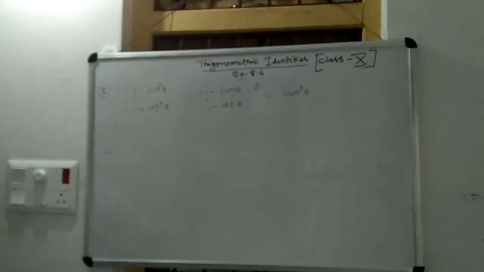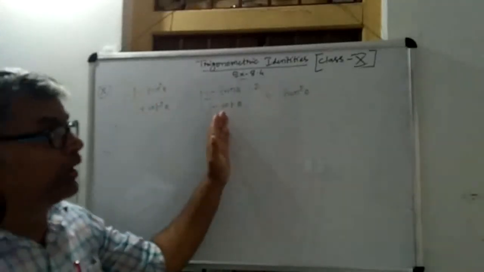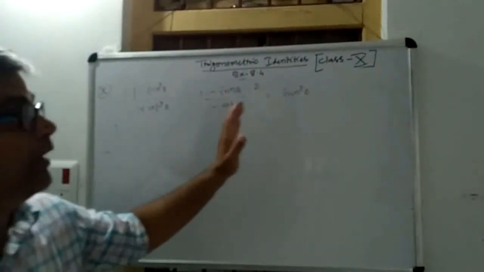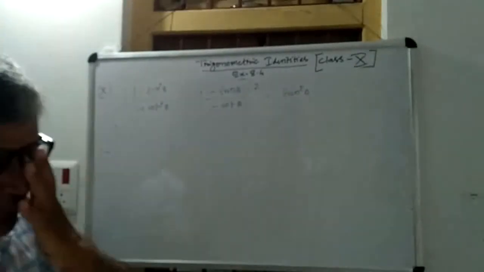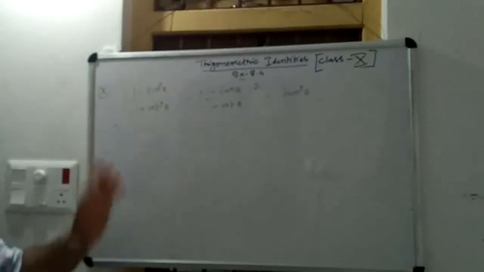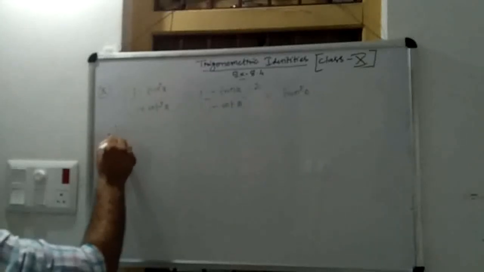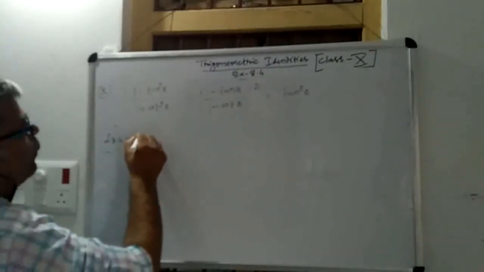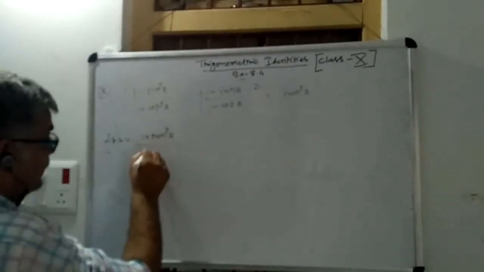So in this identity we have 3 parts. The extreme left part is called LHS, the middle part is called MHS, middle hand side, and the extreme right part is called RHS, that is right hand side. So now we have to prove these all 3 parts are equal. So let's see, children, how you can solve it. First you take the LHS part. Your LHS part equals 1 plus tan squared A by 1 plus cot squared A.